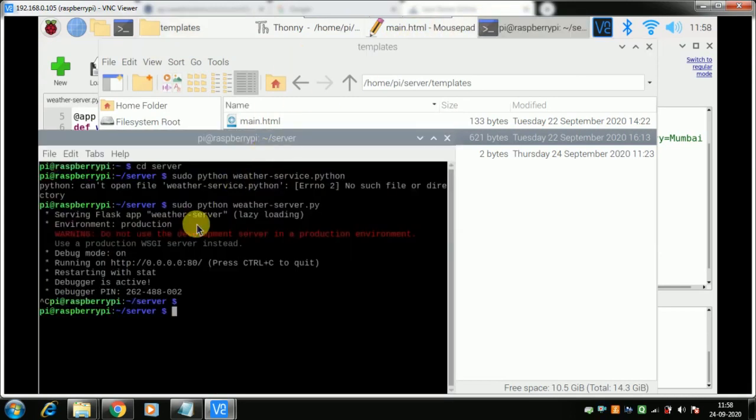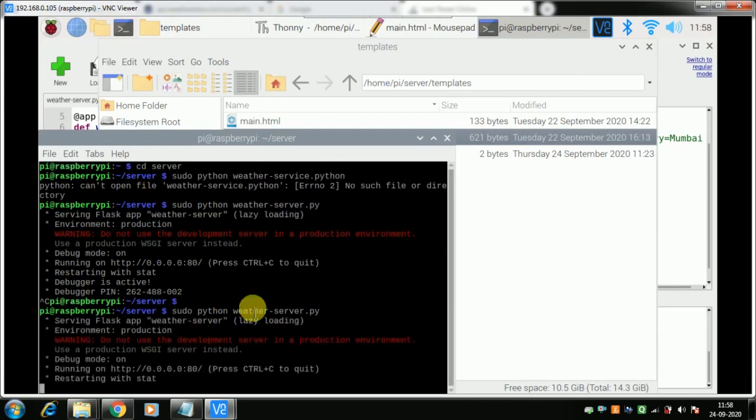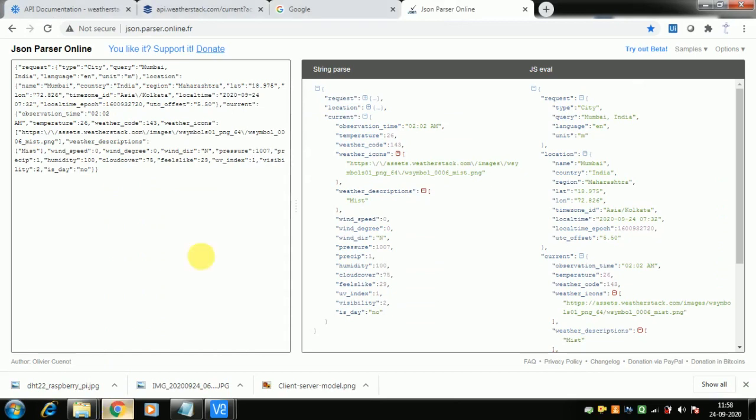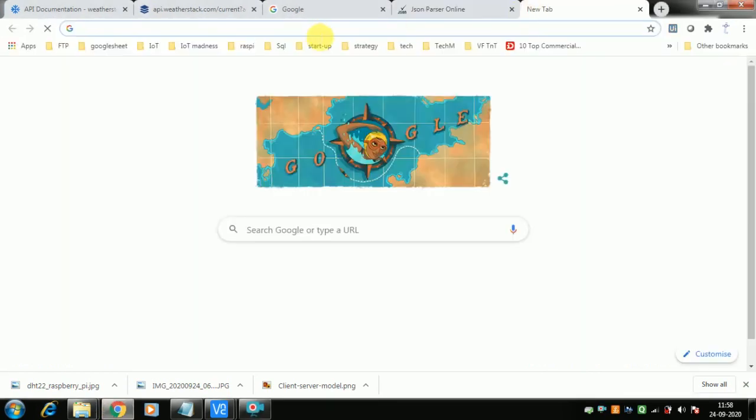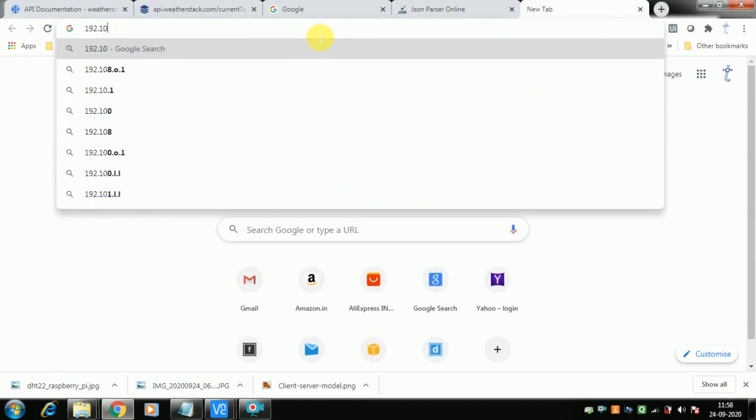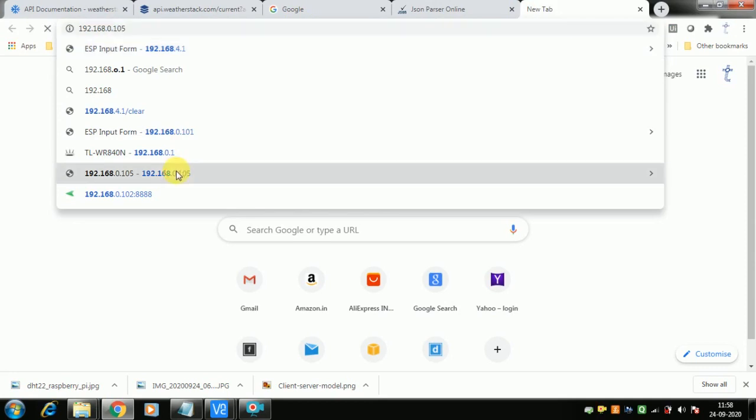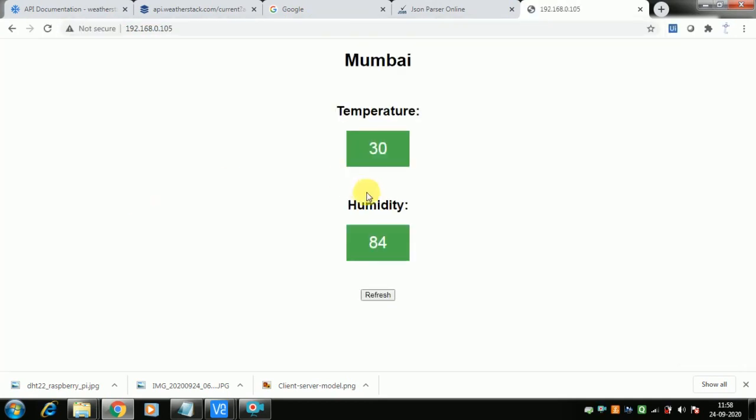We have already saved our code. So let me now run this again. Sudo python, just up arrow and run. Okay, server started. Now we'll open our laptop browser, and we are trying to access our server again, 192.168. It is here already. Let me select it. So now see, it is very nicely styled. This is how you can serve your nice web pages from your Raspberry Pi server.